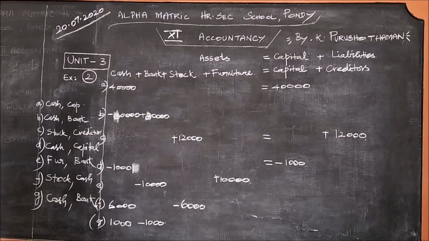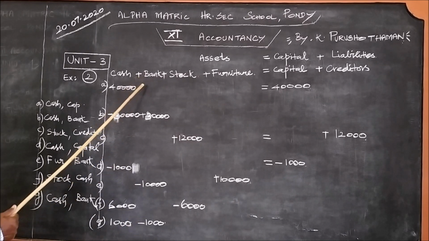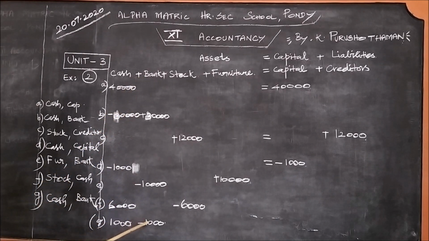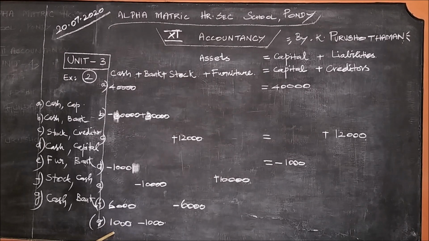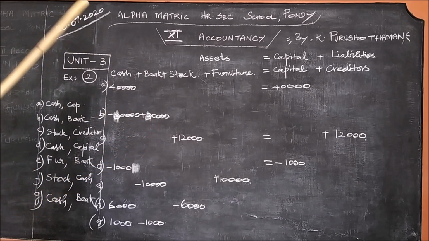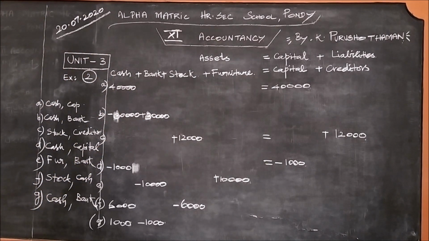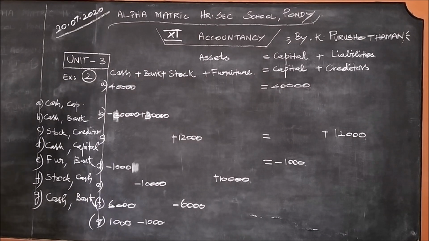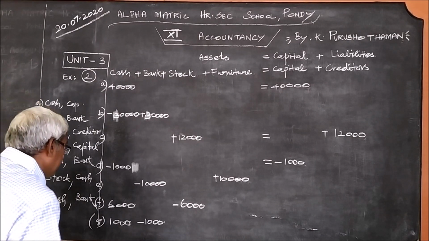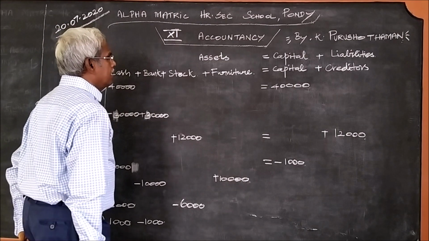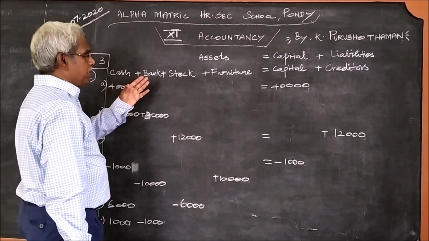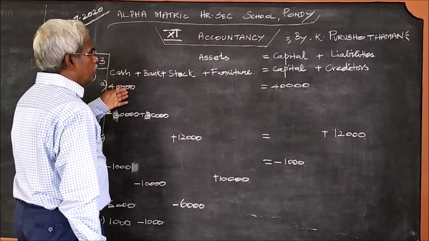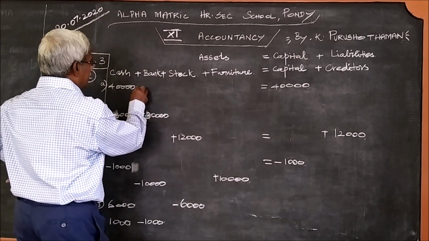Okay, when money is withdrawn from bank, the bank balance will decrease, therefore minus. It will come to the business, therefore it is a plus. All these explanations are given. Now we can close the account. How to close it? You can find this is an accounting equation and therefore both the sides must be equal. 40,000, right hand side 40,000.